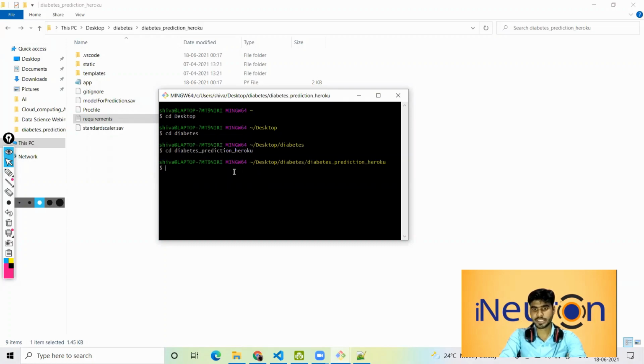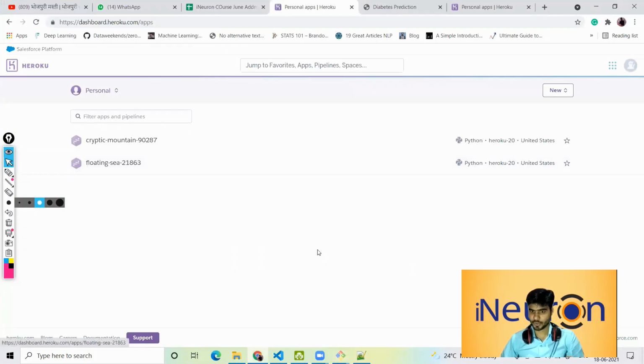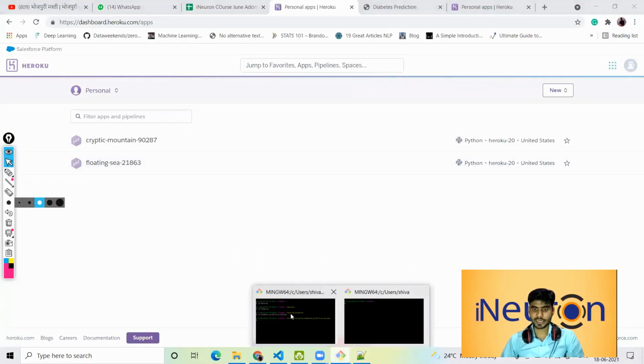Okay, so this is the path I am in. Make sure that before writing any command, you first create your account on Heroku. Let's write the commands.